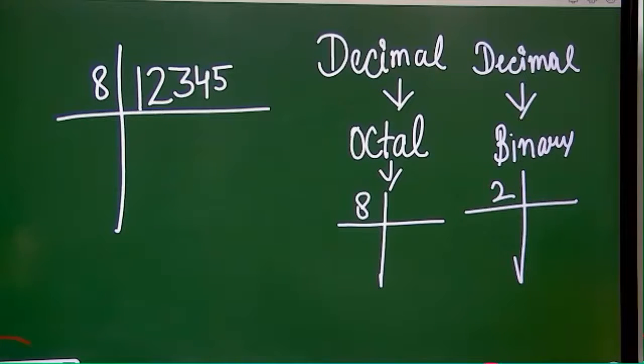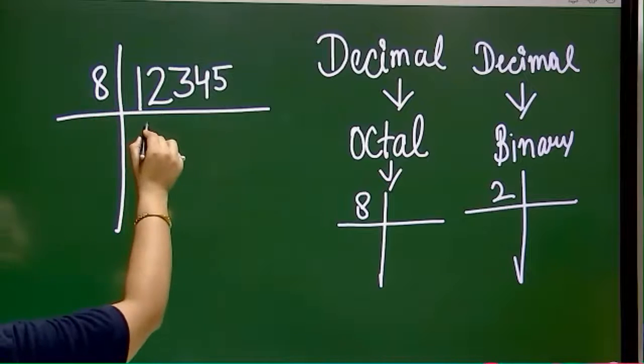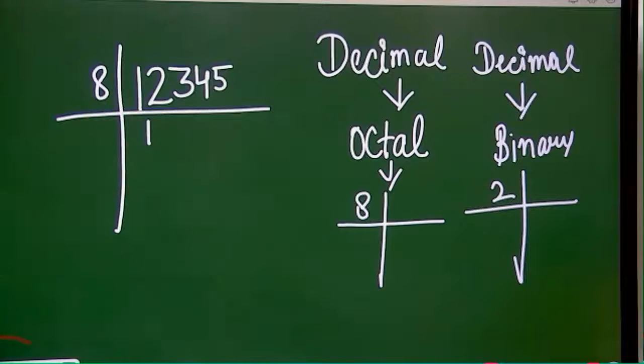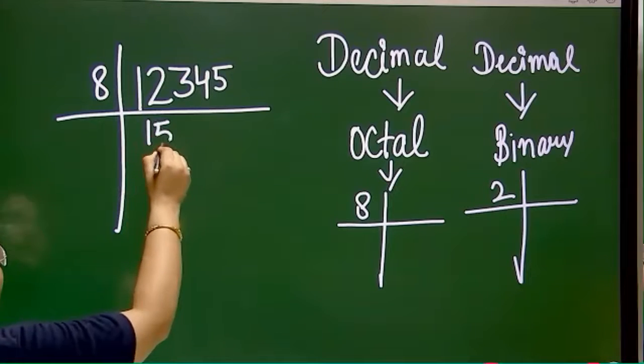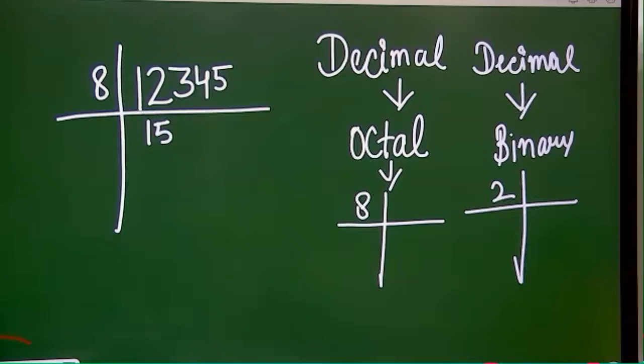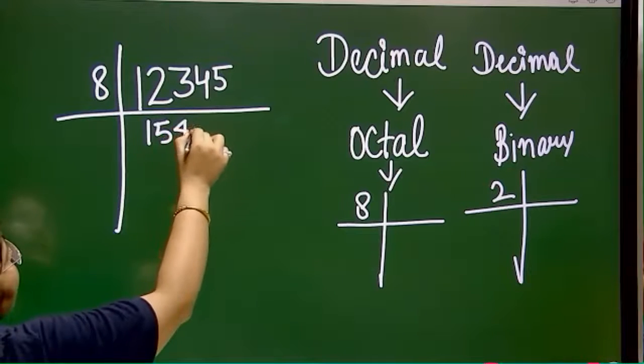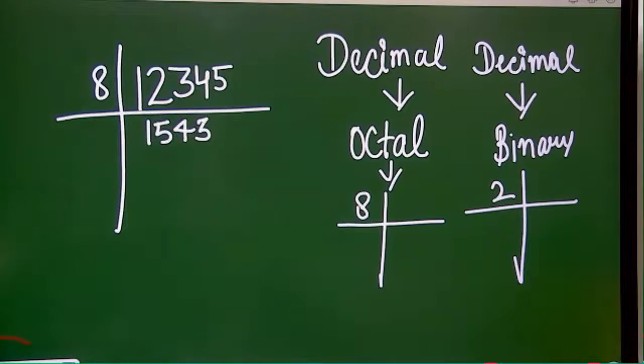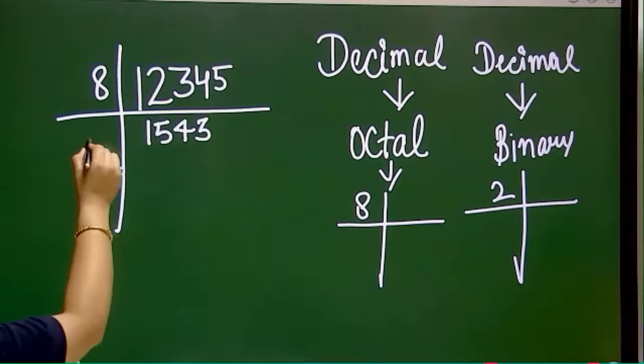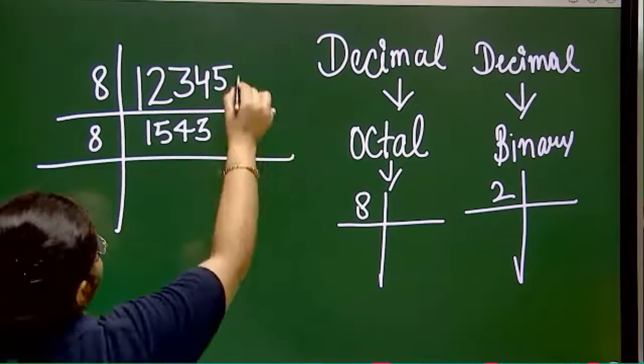Okay, now next we have to divide this number by 8. How can we do that? So आप divide करो, 8 ones are 8, remainder is 4, then 43 will be there, 8 fives are 40, 3 will be remainder. So इस वे में आपको इसको divide करना है, ठीक है? तो अगर आप इसको complete divide करोगे, so you will get this thing 1 5 4 3 and remainder will be 7.